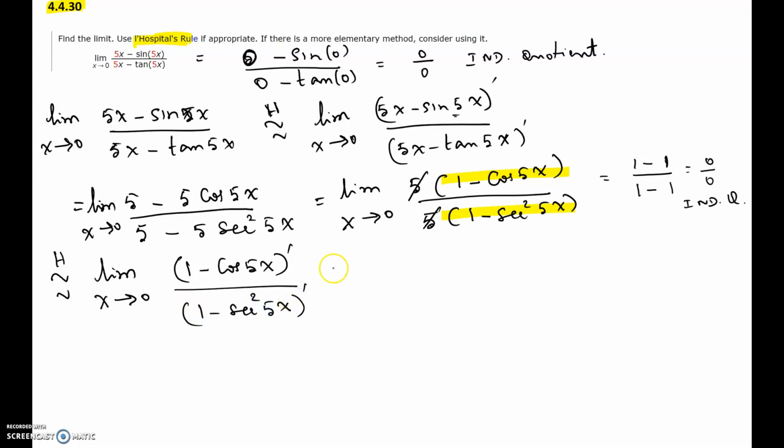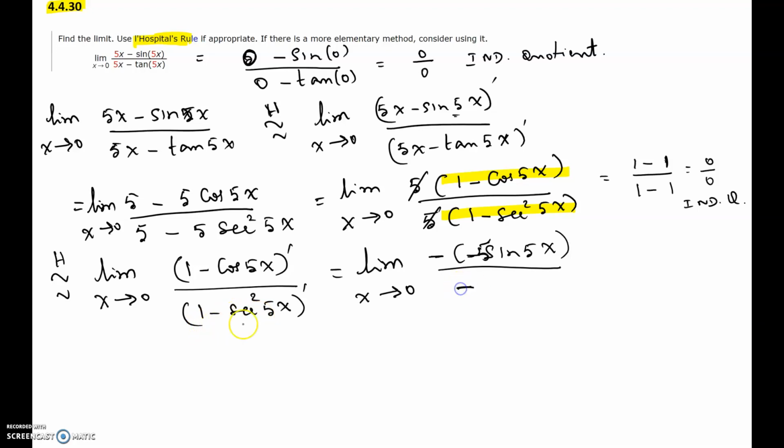The limit as x approaches 0: the derivative of 1 is 0, and the derivative of cosine of 5x, since you already have a minus, would be negative sine of 5x times 5, using the chain rule, divided by